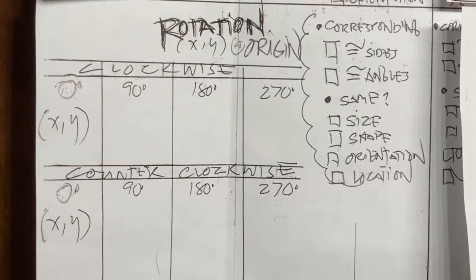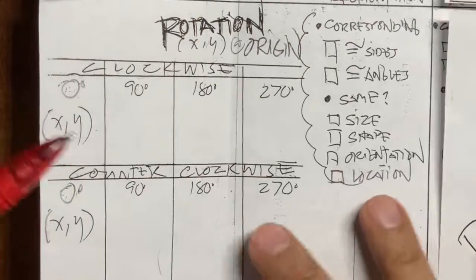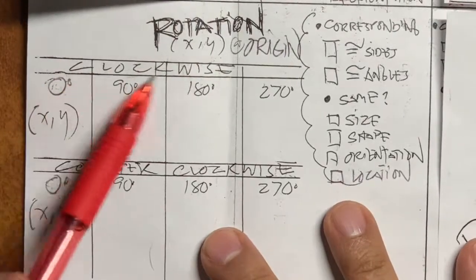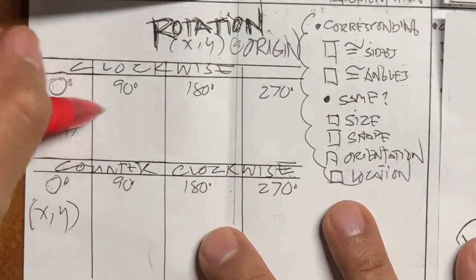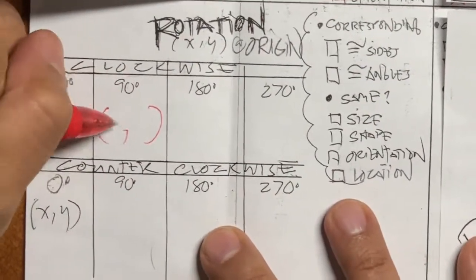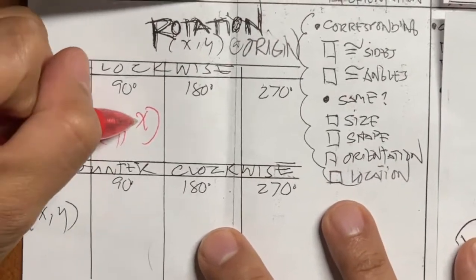Rotation around the origin. In rotation, we could either do 90 degrees, 180 degrees, or 270 degrees. Let's start with clockwise direction. A 90-degree rotation would mean you're going to switch the X and the Y, but the original X will be negative